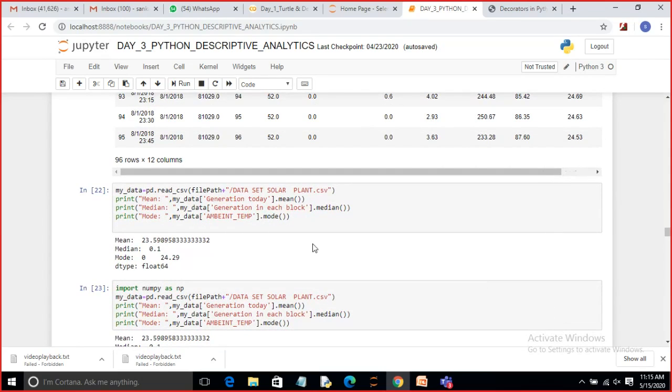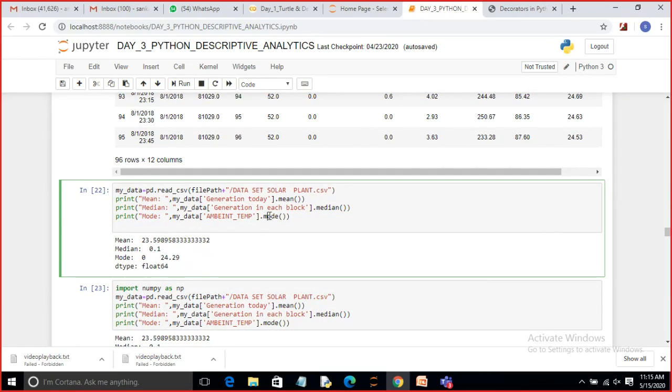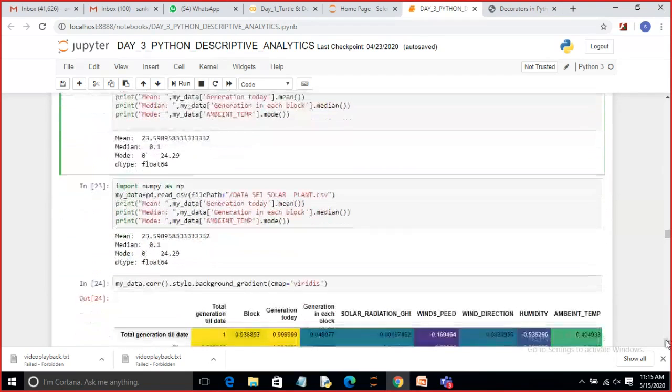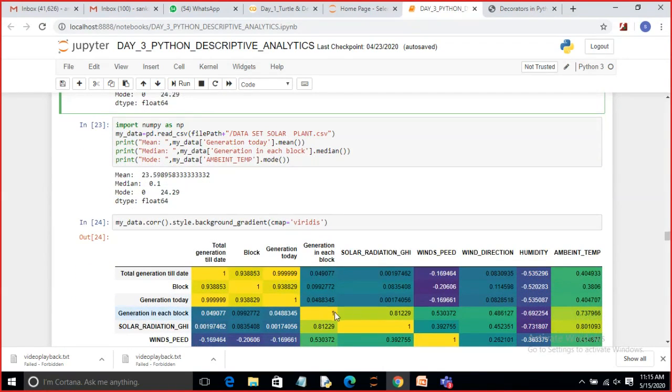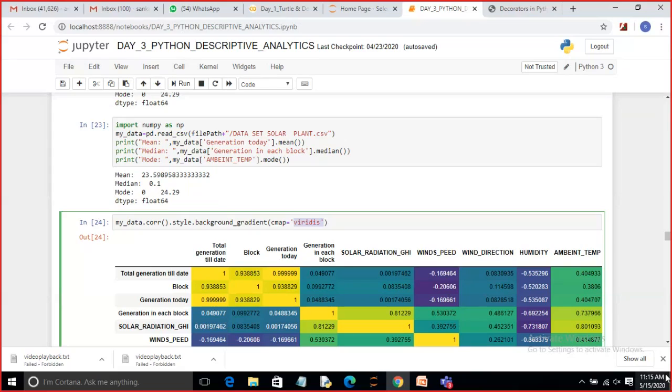Here yesterday I told similarly mean, median, mode. Finding mean, median, mode for generation of today, generation in each block, ambient temperature. That we find here. Then for getting this background color, you can give various colors.